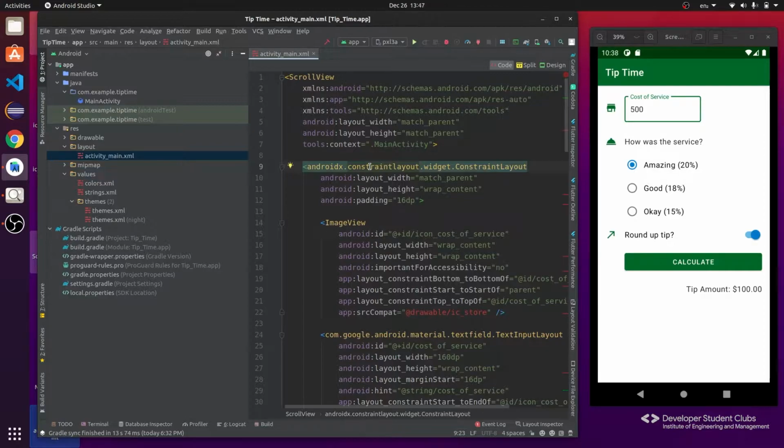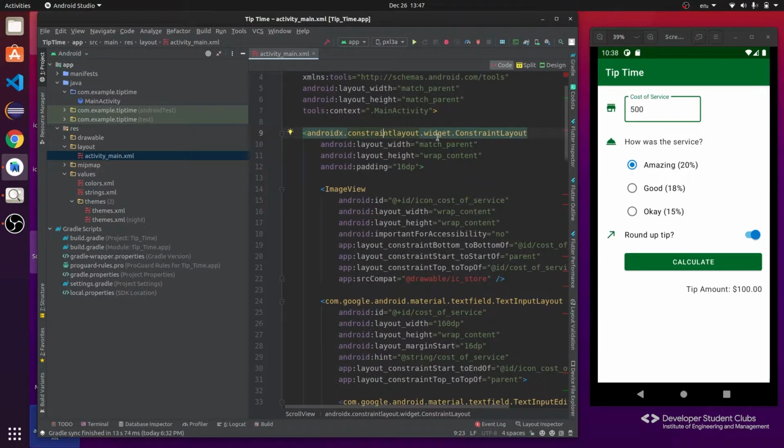Next we have the ConstraintLayout as a child of the ScrollView. So what is a ConstraintLayout? Under ConstraintLayout, every view that we place is constrained to one another. In that manner, the UI designing is being done. For the ConstraintLayout, the layout_width is match_parent. That means the ConstraintLayout extends for the entire screen horizontally, and vertically it expands only to the length of the content. That means if the content ends here, then the ConstraintLayout is up to this portion only.